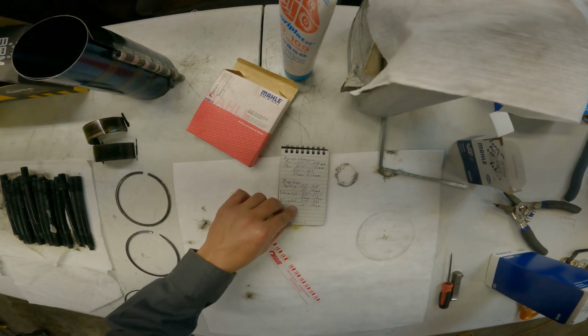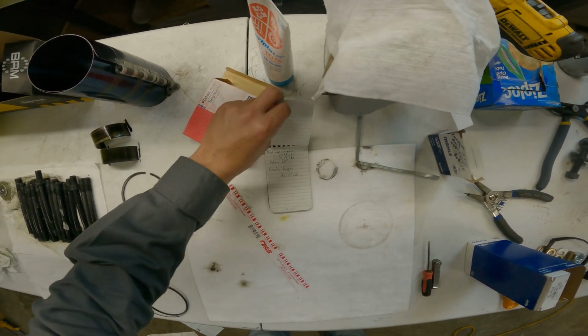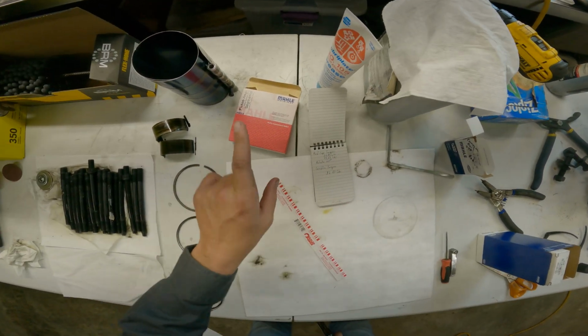Alright, on to the torque specs. Oh. Get up here. Just. Oh, no, don't dare. No. Hey,